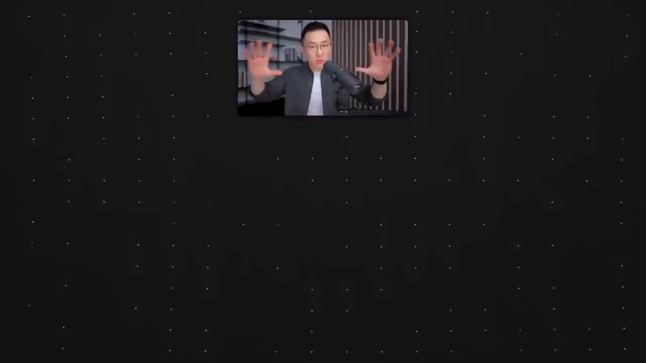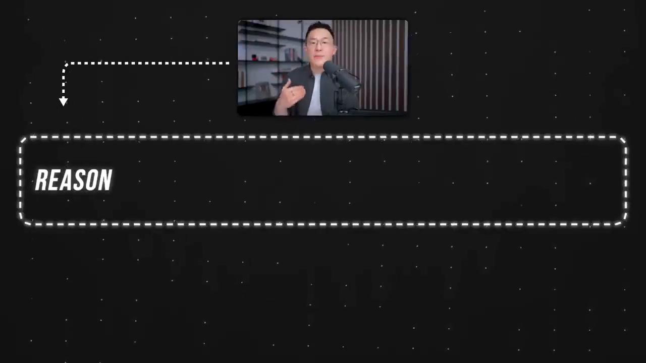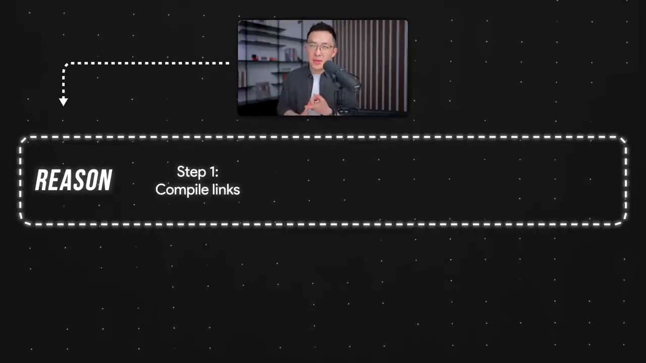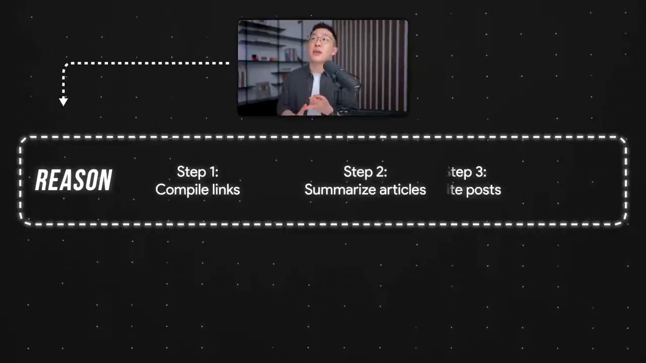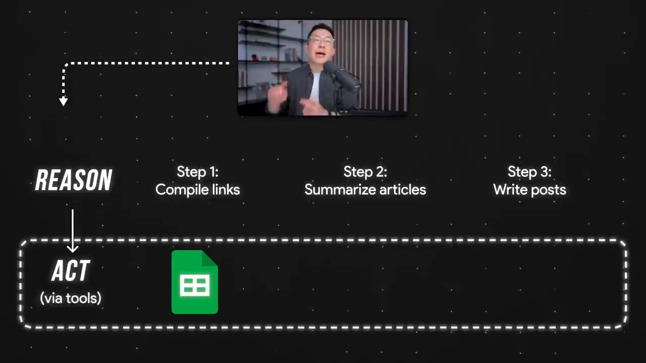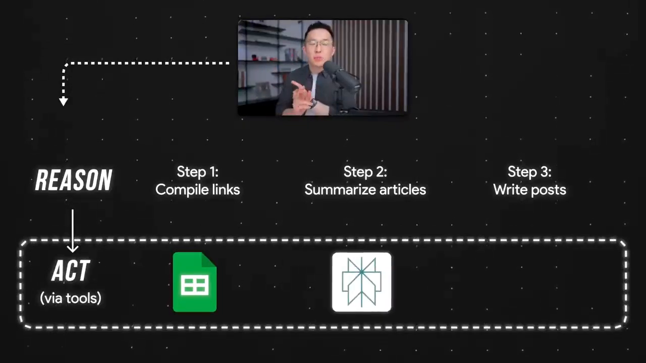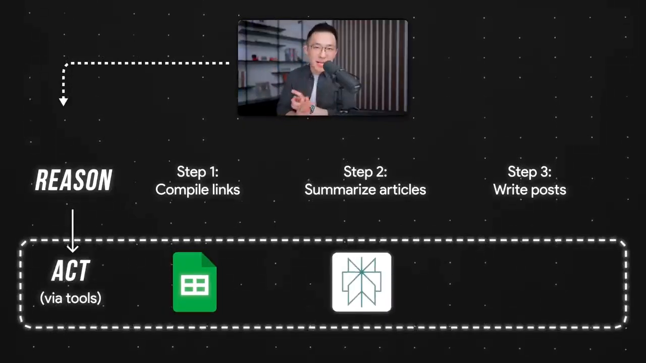Continuing the Make.com example, let's break down what I've been doing so far as the human decision maker. With the goal of creating social media posts based off of news articles, I need to do two things. First, reason or think about the best approach. I need to first compile the news articles, then summarize them, then write the final posts. Second, take action using tools. I need to find and link to those news articles in Google Sheets, use Perplexity for real-time summarization, and then